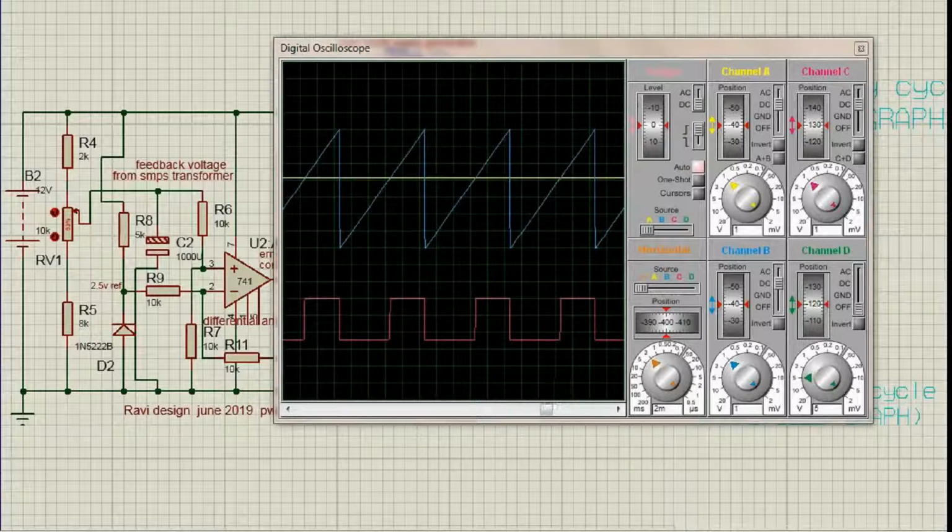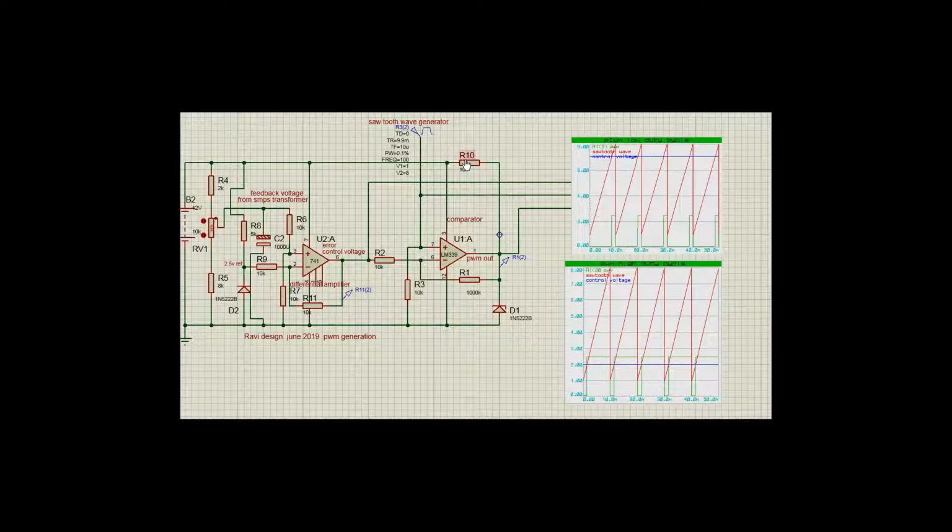So I'll stop that. If the output voltage of your SMPS is too high, this means that the control voltage coming from the secondary of the transformer, or the output, is too high, as we see here in this graph. Then this tells the PWM to go to a lower duty cycle. This happens naturally because of the way the circuit is built. And this lower duty cycle controls the primary of the SMPS power supply, and hence the output